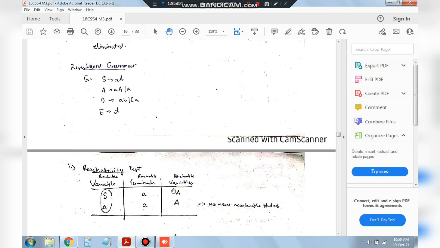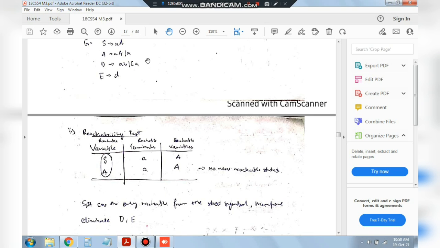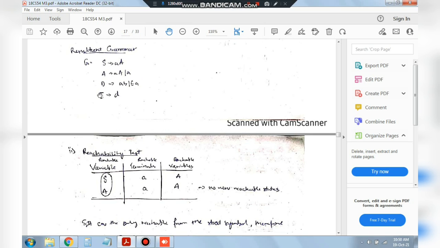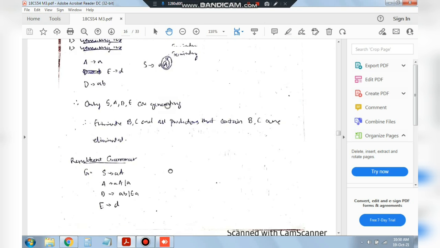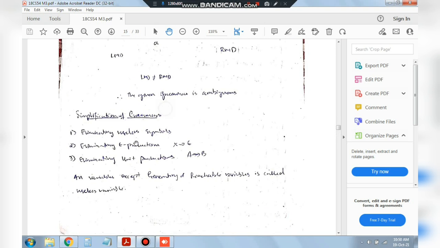After that, we'll be taking the reachable variable, which is capital A, and writing here A goes to small a and capital A. That also we'll write here. And then, as you can observe, there are no new reachable variables. A is already there previously. So we'll stop here. After stopping here, what are the variables we did not encounter? We can eliminate that. Okay, that means we did not encounter D as well as E. We can remove those and choose the remaining ones, which are S and A, as the final grammar. Okay, we'll have S goes to aA and A goes to a and A. Okay, this is the final grammar. In this way, we have to do the first part, which is the elimination of the useless symbols.